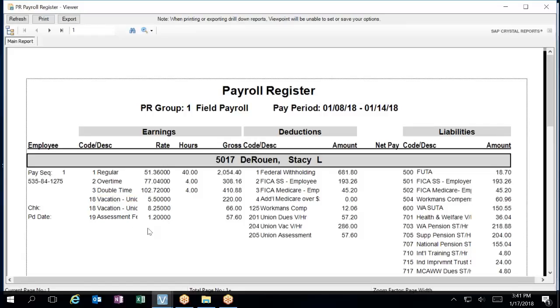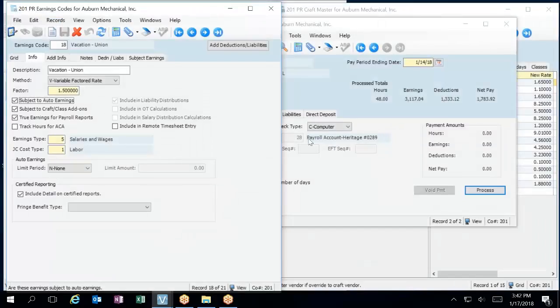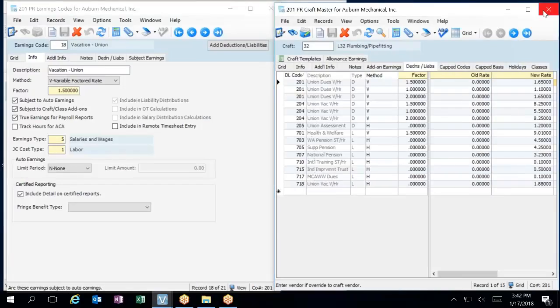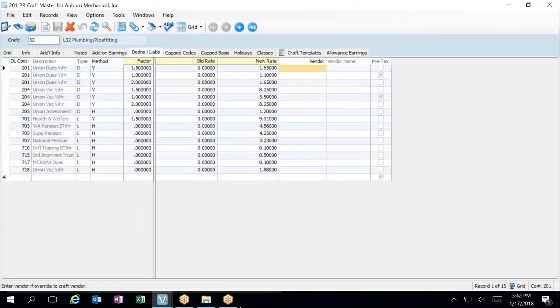Oh my God. At least on some of the unions, like for Local 32, there's consistency with certain things across the board. I think with 26, there are only some exceptions, so it might not be too bad. But I've got to go and clean up all my deductions and liabilities and all of that stuff anyways. I knew you'd probably have questions about those little variables and add-ons, because they're a little tricky, they're just not as straightforward. Definitely not straightforward. So can I no longer be a part of Field